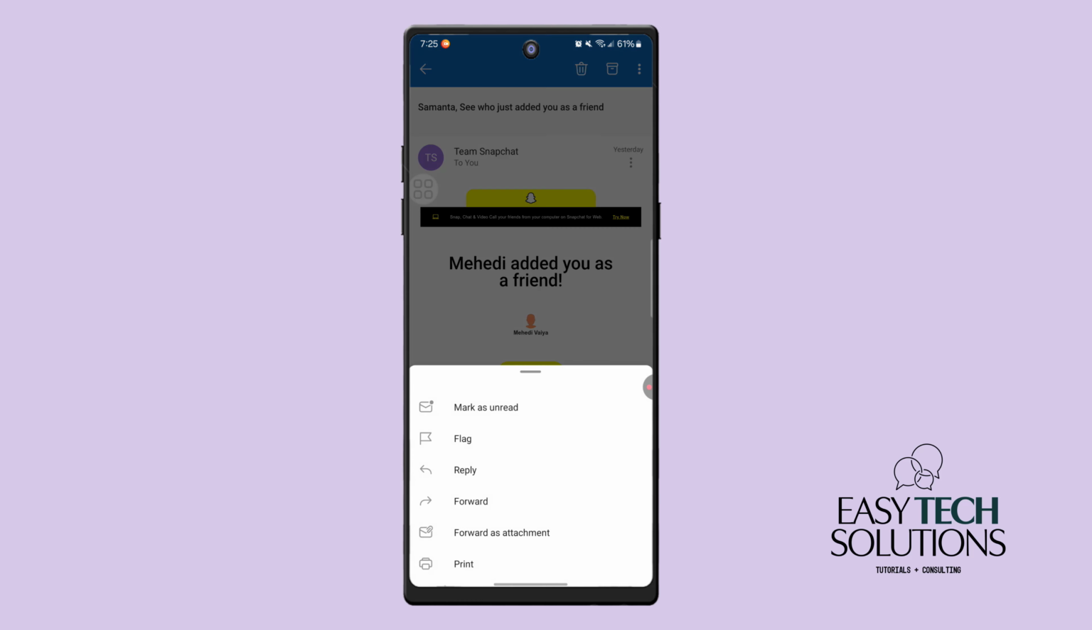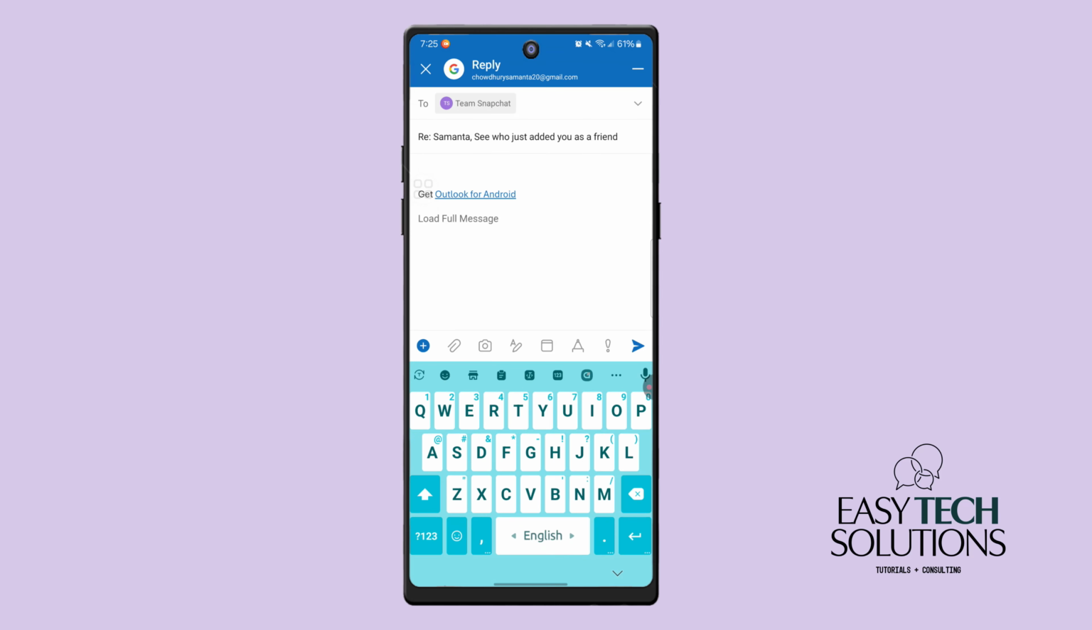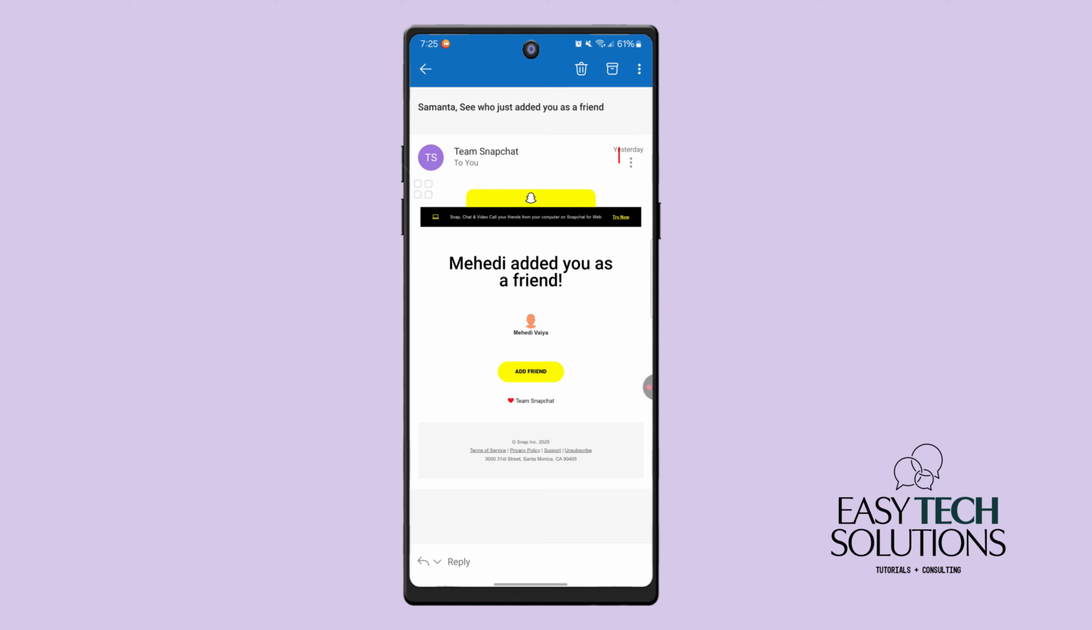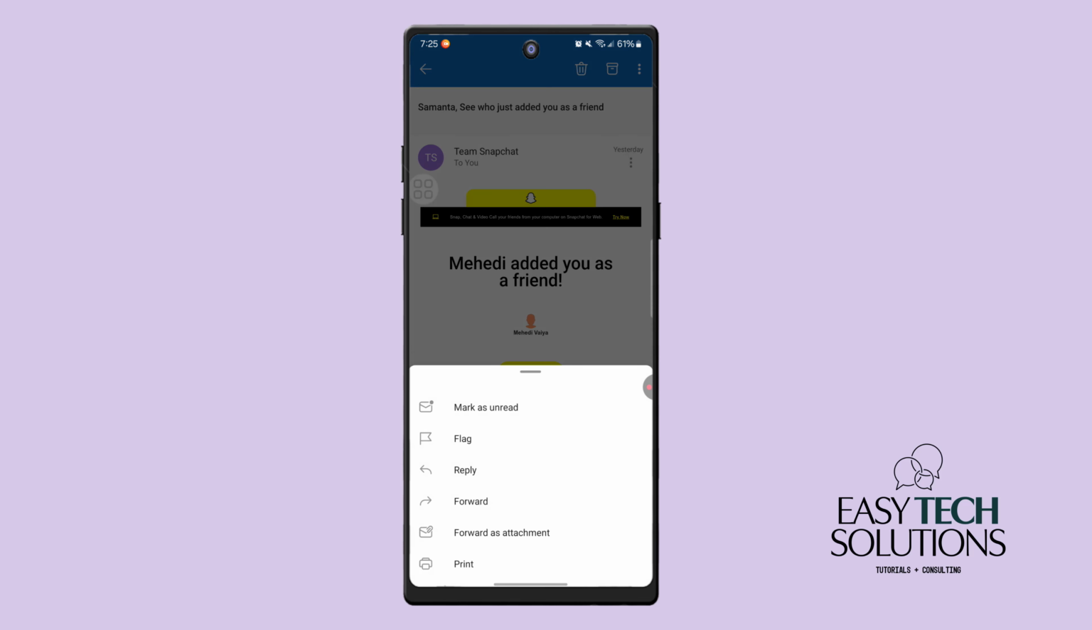Now if you want to reply, you have to just tap on reply. And then you have to write the message that you want to reply with, and that's how you can reply. Now if you want to forward, then again tap on the three dot icon, and guys, if you want to forward this